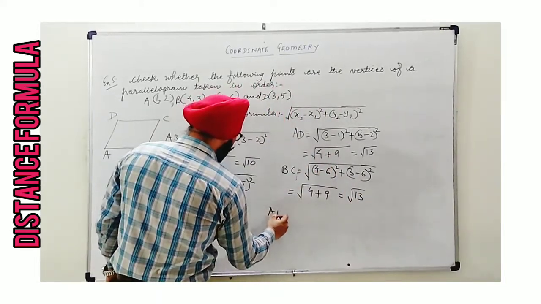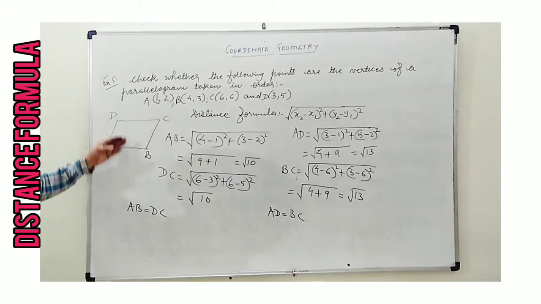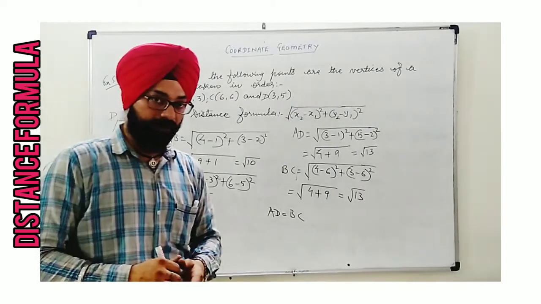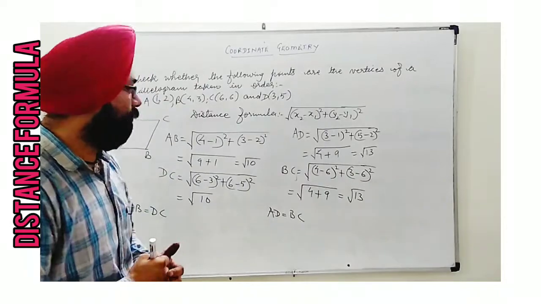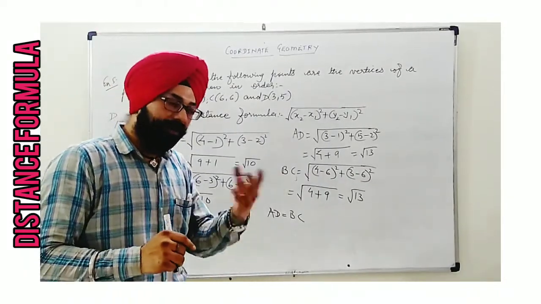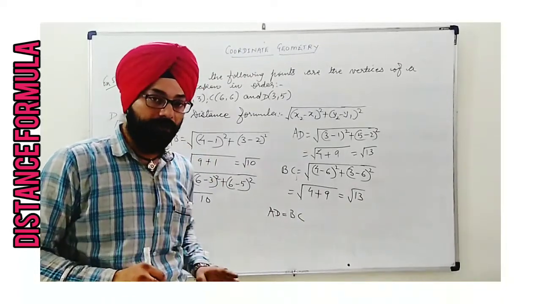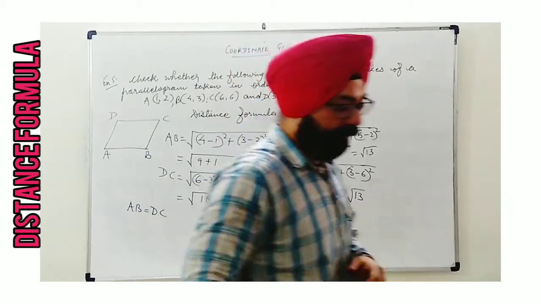I see that AD is equal to BC, as we have shown that these opposite side pairs are equal for sure. These are the vertices of a parallelogram. So the concept which I have explained is to be kept in mind, and accordingly when you go through equations it will become easier. We will take one more example for better understanding. That also is an application of the same. Let's start.